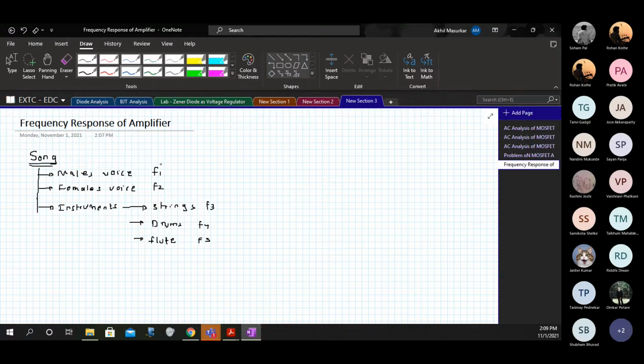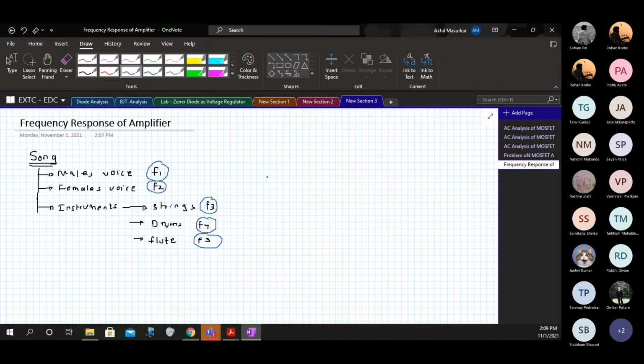Now let's see, if you are hearing this song and playing it directly from your phone, with your headphones connected to the phone by a wire, you will get the best quality of sound. But if you are connecting this wirelessly, then there can be some losses. What it means is that some of the frequencies are not able to make it to the wireless device.